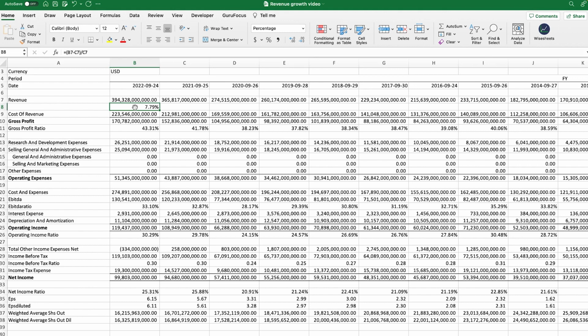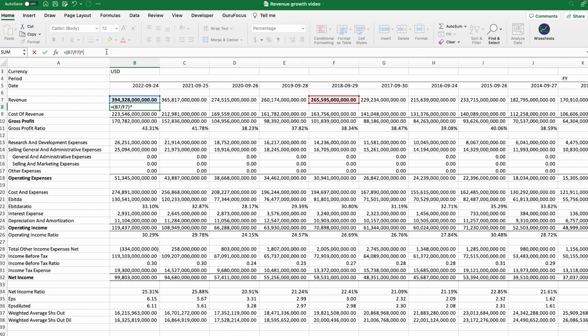Now, what I want to share with you is how you can calculate it using the compounded annual growth rate. For the compounded annual growth rate method, we're going to use two different numbers. So we're going to calculate the revenue growth from this to this period right here, and then we're going to have to use the compounded annual growth rate formula. If you remember from before, the formula is very simple. You take the current value, so this is the initial, divided by the previous value, so in this case we're looking at the 2018 number,